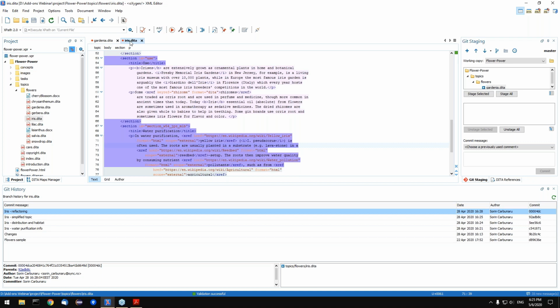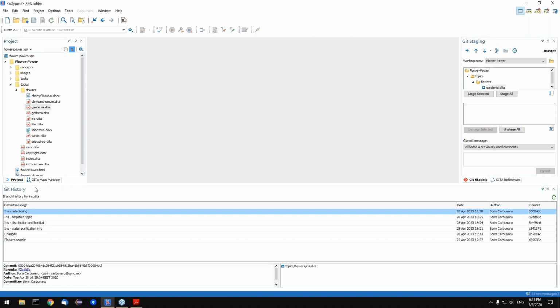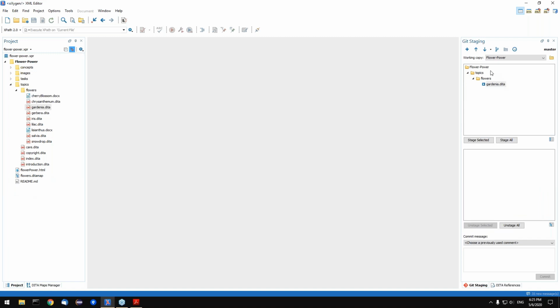Okay, so that's pretty much it about the Git add-on. But before moving forward to the next interesting add-on, I wanted to also mention one more thing. I will also discard this. I think some people may be kind of scared by the possibility of conflicts when working with Git. And I want to show you shortly how you can resolve those conflicts